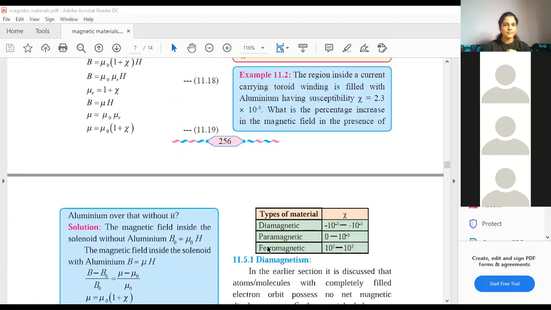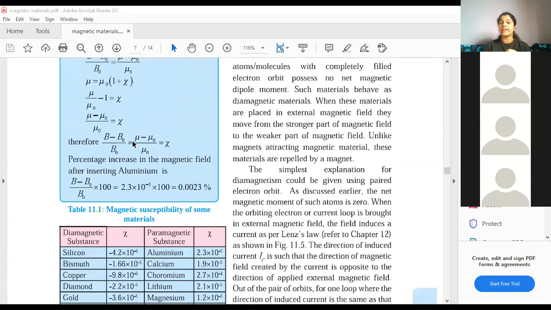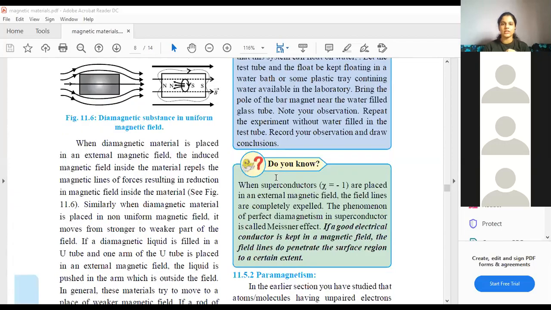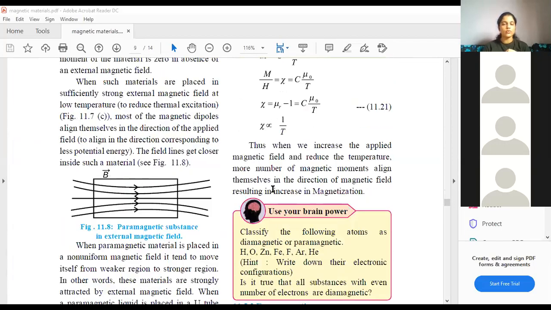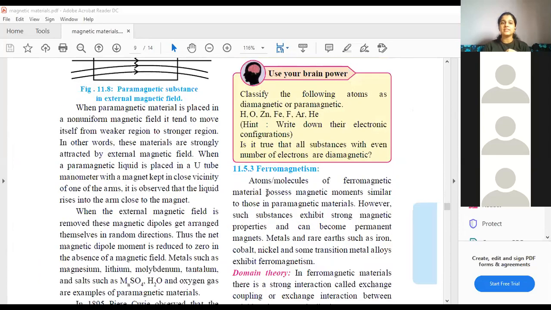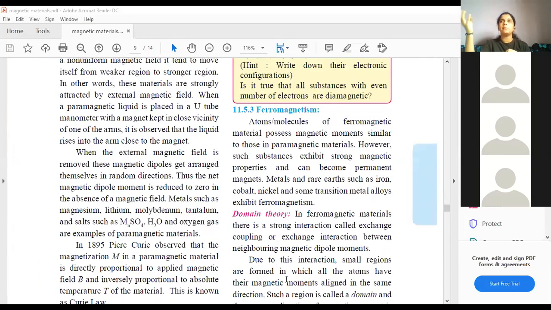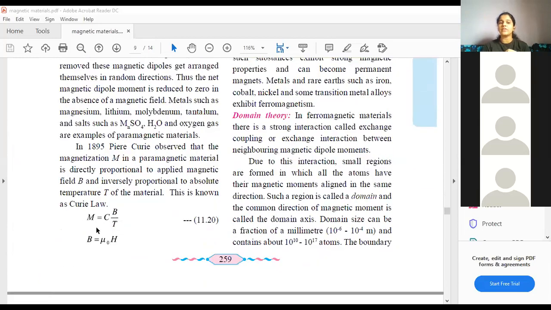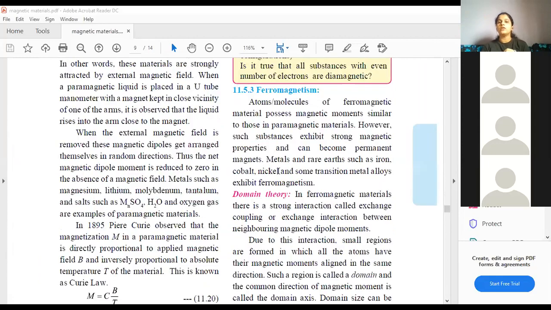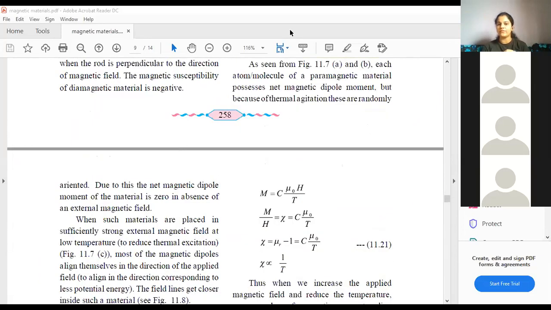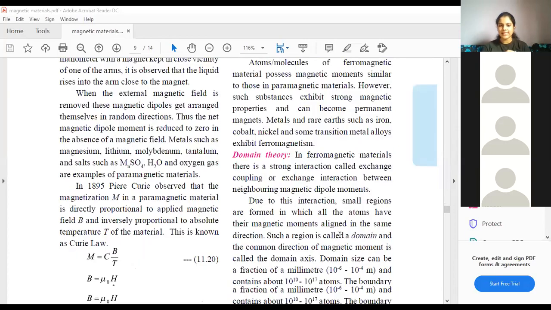Okay, fine. So here, what else was there? I have already explained the solved example, students, during the sessions. So see to it that you go through the solved examples as well. Next, the topic that we did was paramagnetism, diamagnetism, and ferromagnetism. Here we did something called Curie's law. Instead of B we substitute mu naught H, so you can remember this modified form. Curie's law: M is equal to C mu naught H upon T.